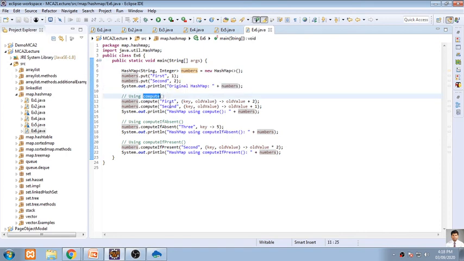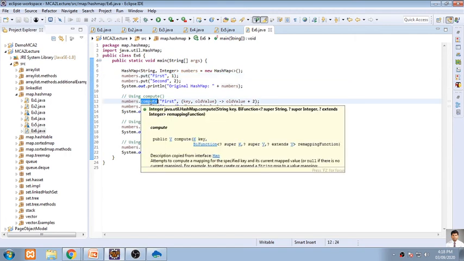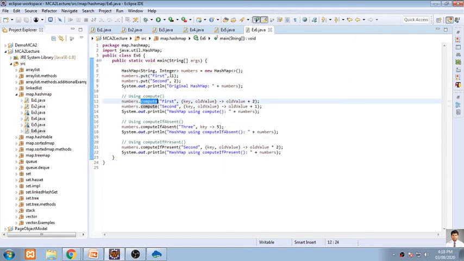Now what the keyword will be doing is that the values of this integer will be changed. So compute means what? You are doing some mathematical operations on the values. I'm doing some mathematical operations on these values. So first key, with the value 1.